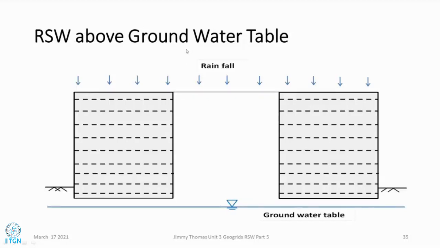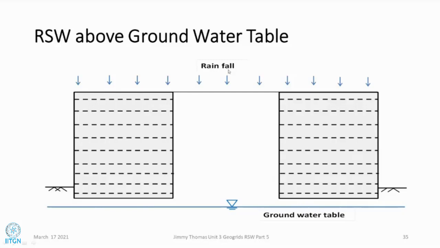In the first situation, here this is like an approach embankment. One of the most common applications of reinforced soil walls is to retain the approach to a flyover or an ROB, that means road over rail bridge. So here the structure is above the ground level. Only a small embedment will be there, typically 1 meter. Most of the structure is above the groundwater table, and the only water which will be entering the structure is the rain, actually. Of course, any leaking pipe or something could be another reason, but mostly it is only rainwater.